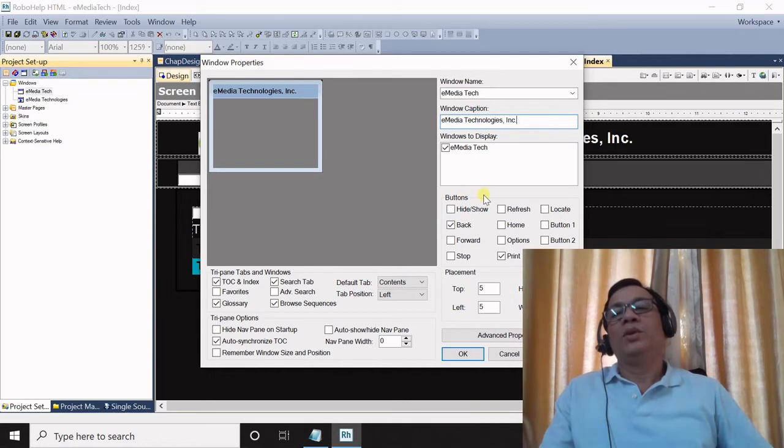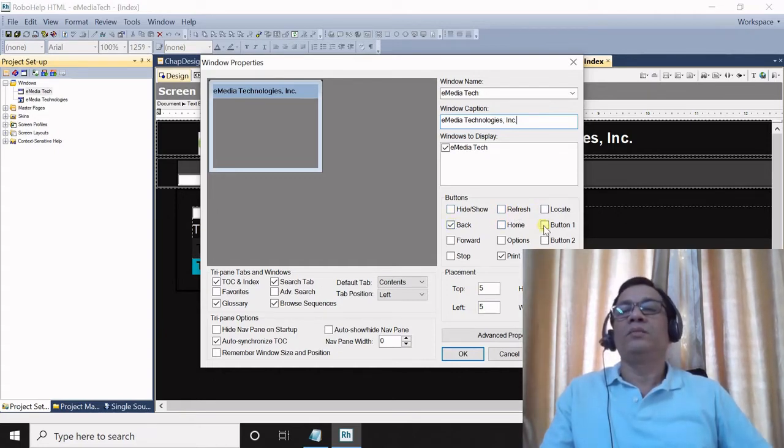Under buttons, you have these many options: hide, show, refresh, locate, back, home, button 1, button 2, options, forward, stop, and print. In this example, I have selected back and print.